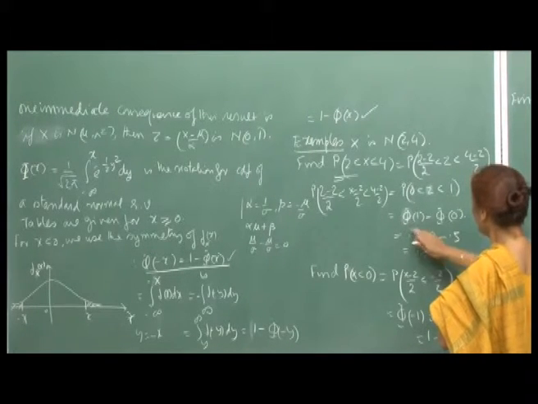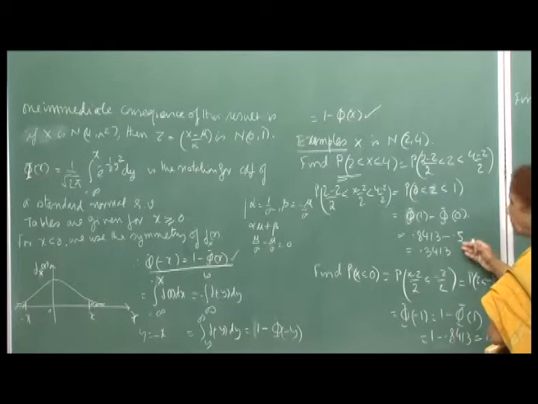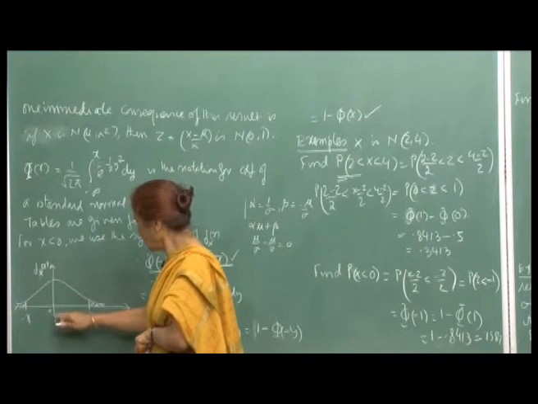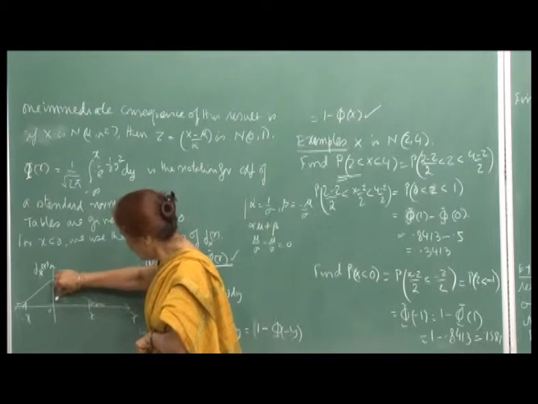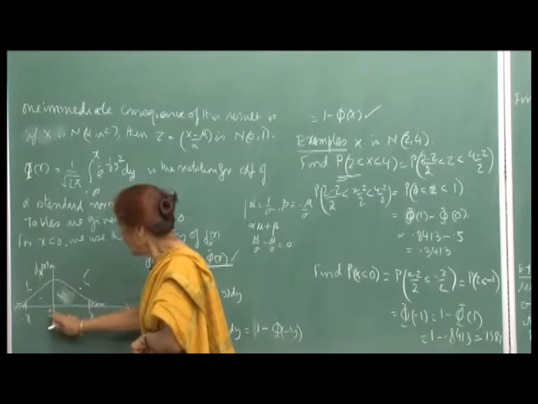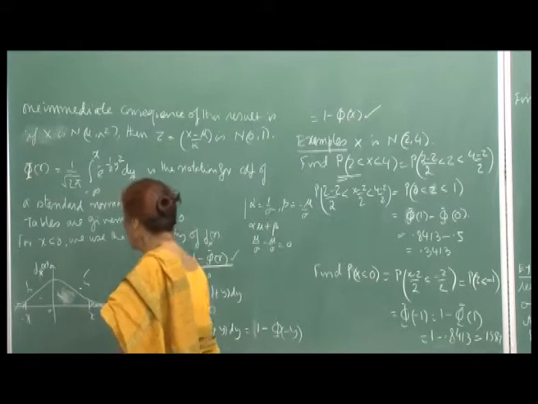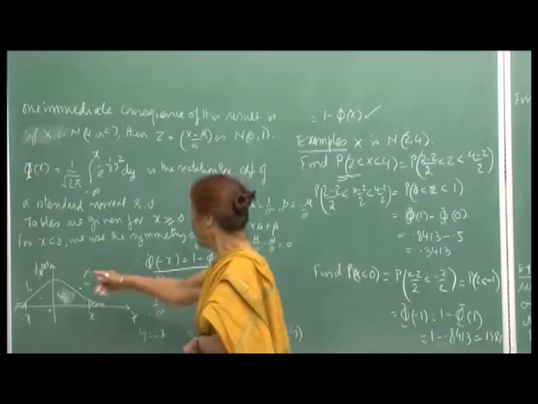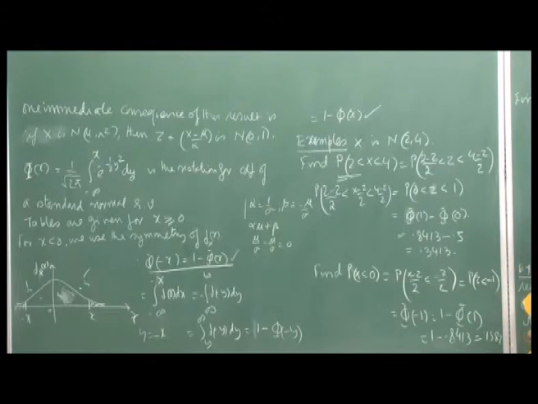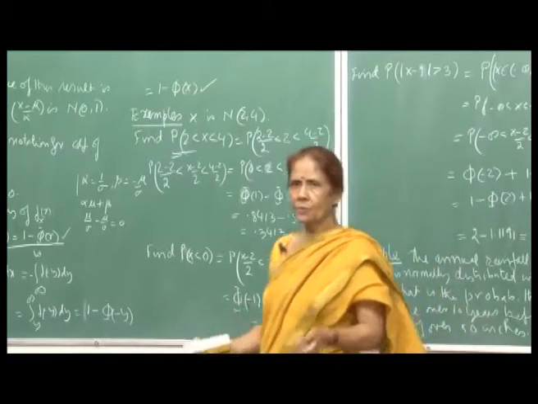From tables I get that phi of 1 is 0.8413 and phi of 0 will be 0.5, because we have said that the standard normal PDF is symmetric about the origin. So, the area under the curve on this side will be 0.5 and on this side also 0.5. So, phi of 0 will always be 0.5, because this is the area for x less than or equal to 0, which is half of the total area. So, therefore, this is the probability. Very conveniently, once you have the tables available for the standard normal, you can compute it for any